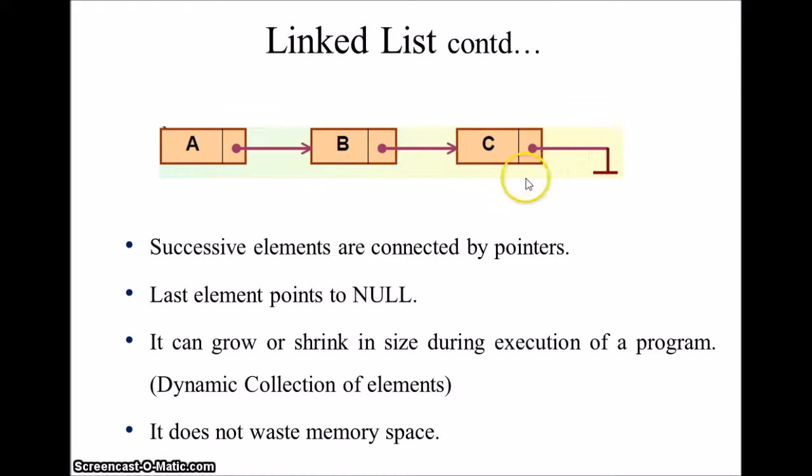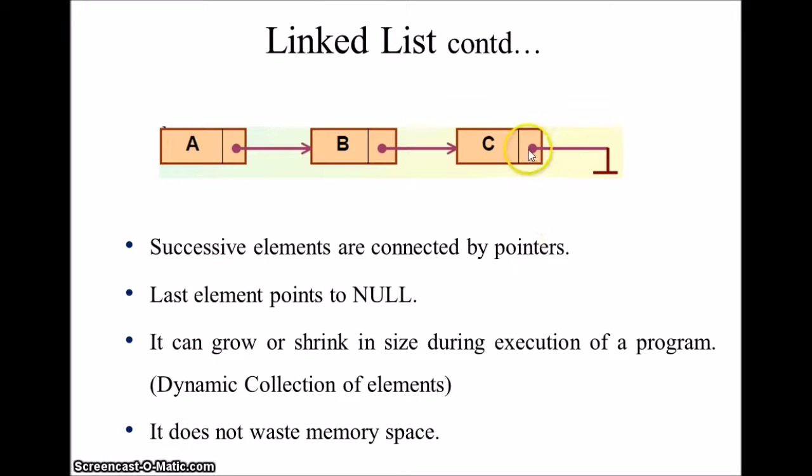If this element is the last node in the list, then it will point to null, because there are no other nodes where it can point. Hence, as it is the last node, it will point to null. These successive elements are connected by pointers, since each holds the address of the next element. Hence, having knowledge of pointers is required in order to understand linked lists.